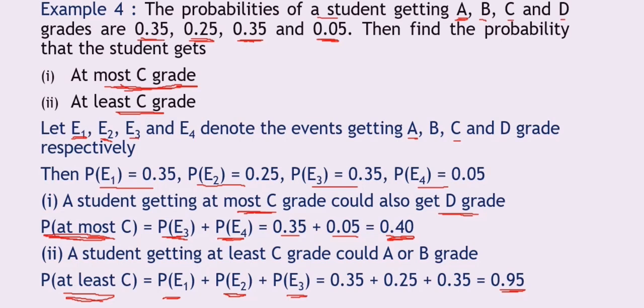So again I bring your attention that this sum is a different sum. Here the data is not mentioned, the probabilities of 4 events are given. Yes, we named it 4 events E1, E2, E3 and E4, and we found out an event E5 and an event E6 combining 1, 2, 3 and 4 in different ways. So now you can even think of many other events based on this. Okay, let us see one more example.